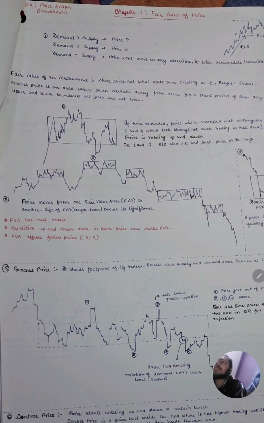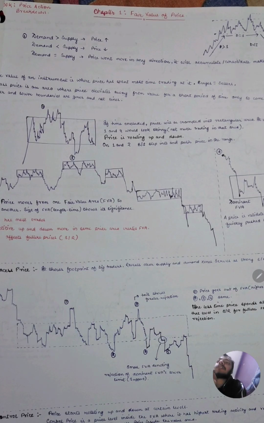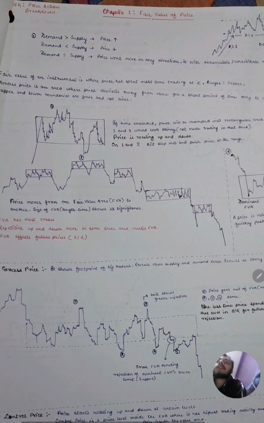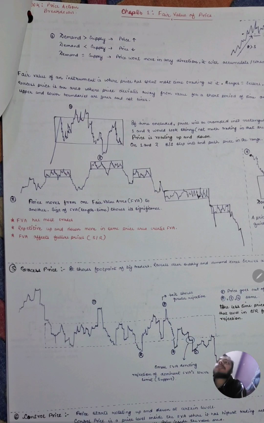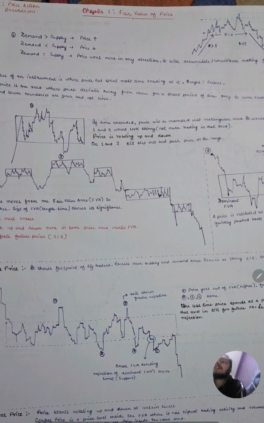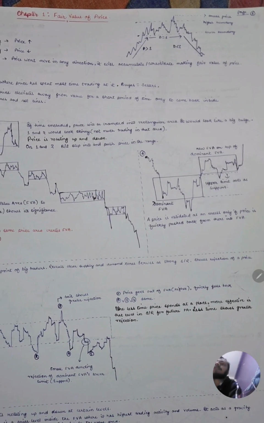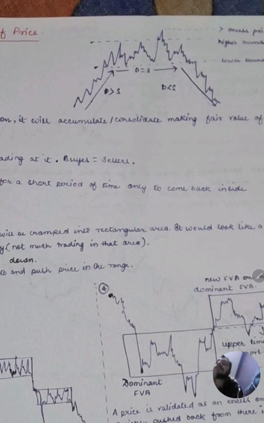So the fair value area is an area where price has spent most time trading, where the number of buyers is equal to the number of sellers. Let me zoom out this picture and it will be clear. So we can see that initially it is going up, then it has consolidated, and then it has come down. So with this arrow we can see that